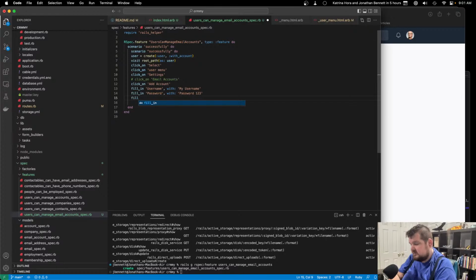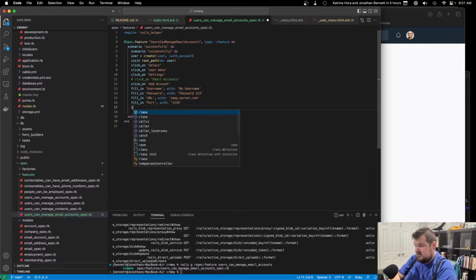We're going to fill in URL, and this is all caps, which is going to be a problem, with imap.server.com, fill in port with 1, 2, 3, 4, and click on